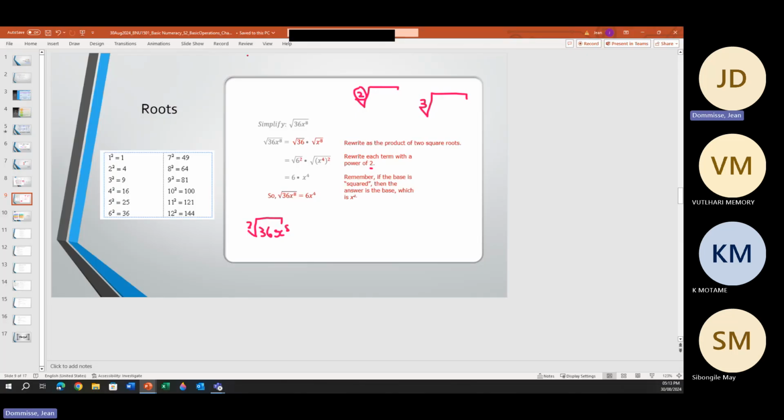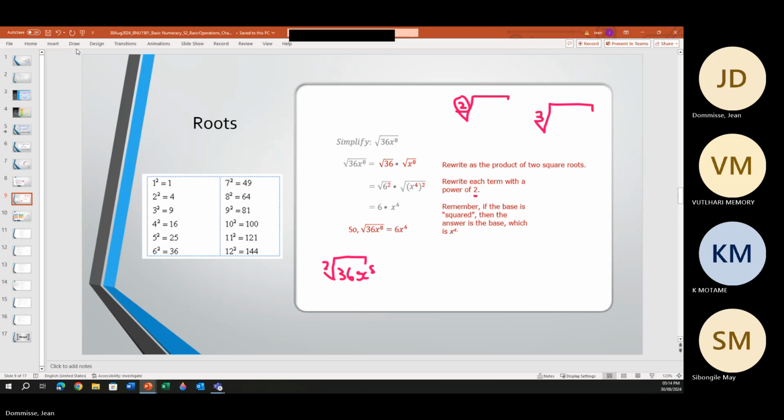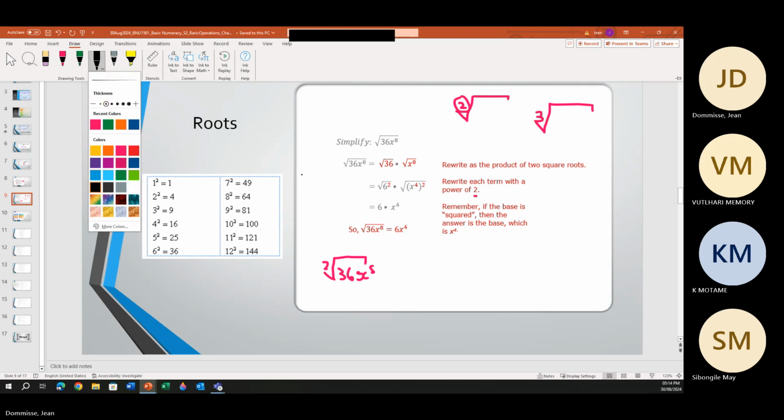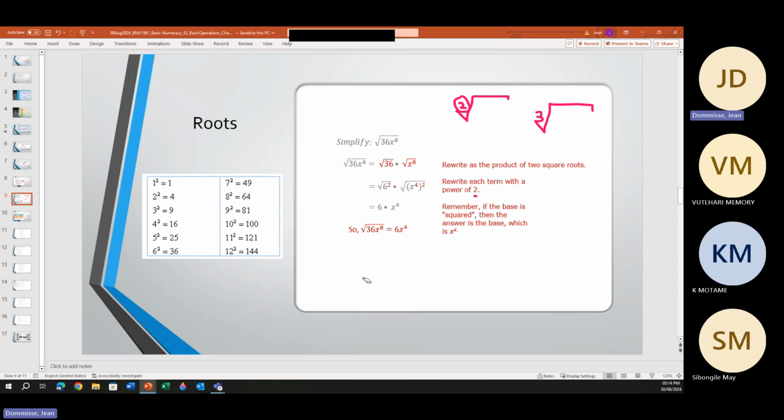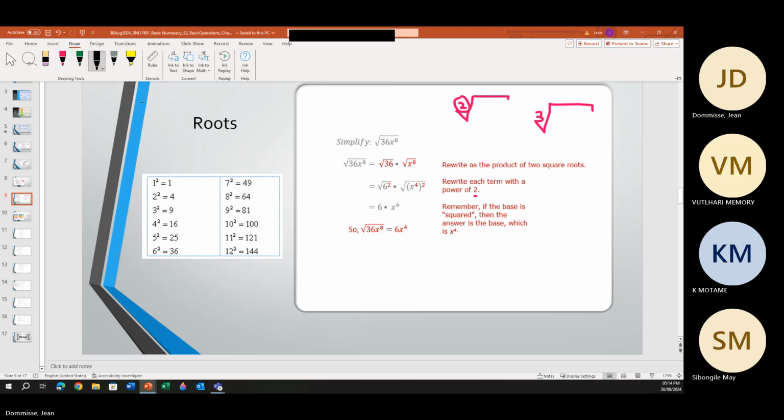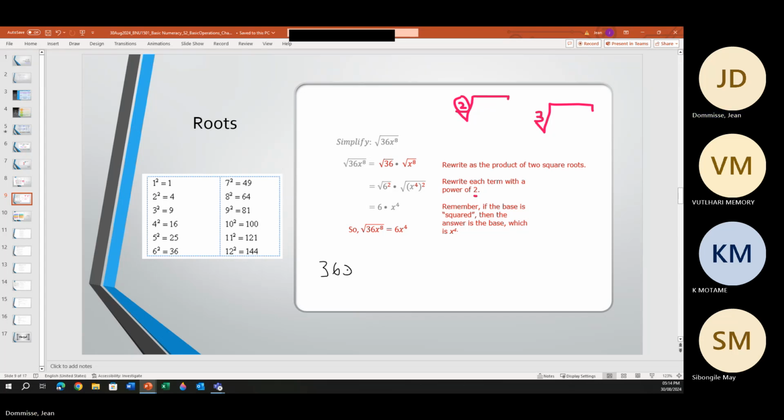There goes my screen. Let me just make it bigger again. Let me just rewrite this. Okay, so we've got 36 x to the power of 8, and that we take